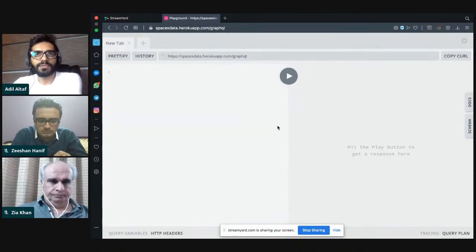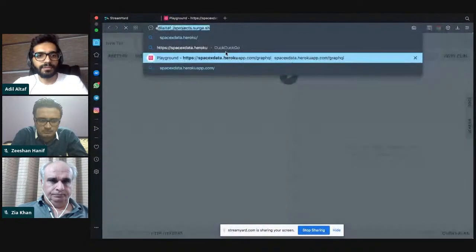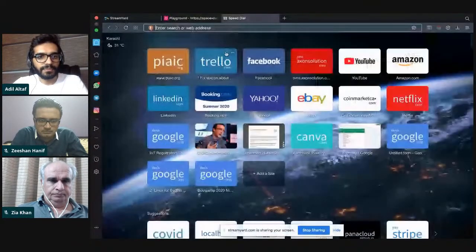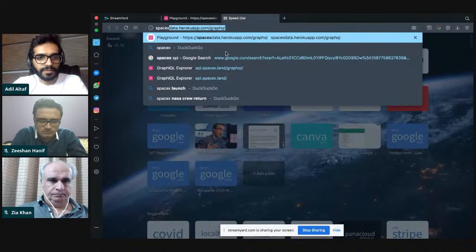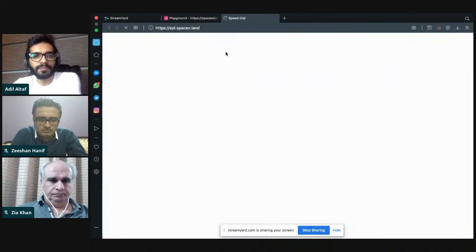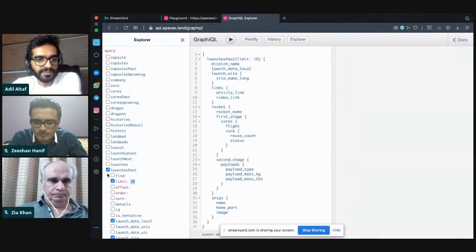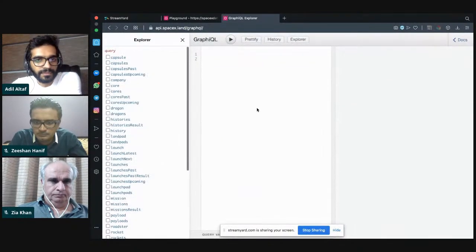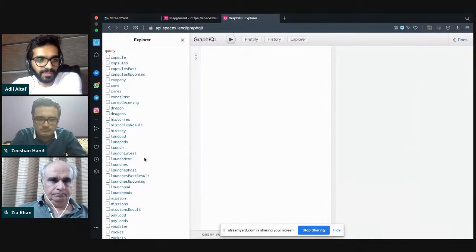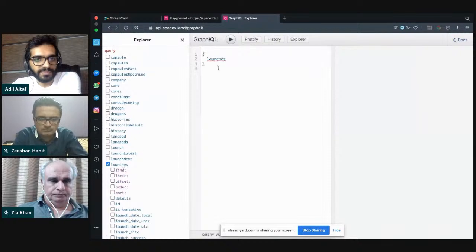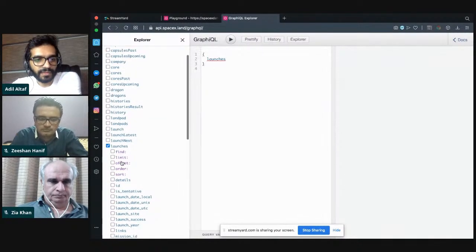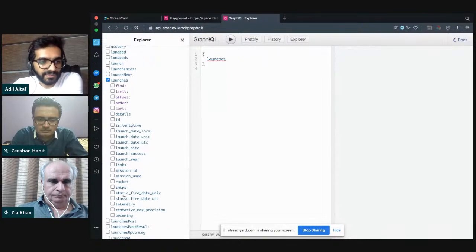So if we want to look at all of the data, it's api.spacex.land. If you go here, you'll have access to the whole schema. You can see everything. You can also build the query here. So there's two options. What we're looking at, this is everything. If we want to get all the data regarding the different missions and what launches happened, we get the launches object here, and then inside of it we have access to a few different